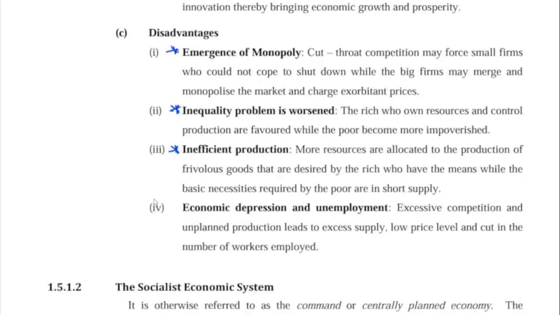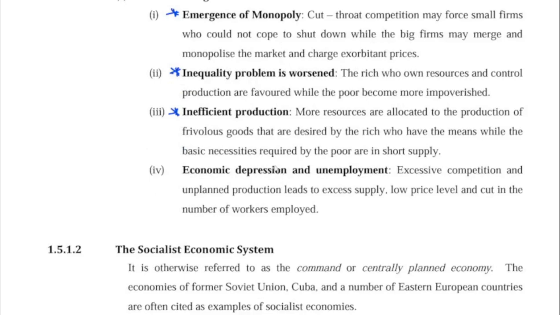I think I've explained it. We have economic depression and unemployment. Excessive competition and unplanned production leads to excess supply, low price level, and a cut in the number of workers employed. What is this talking about? This is talking about